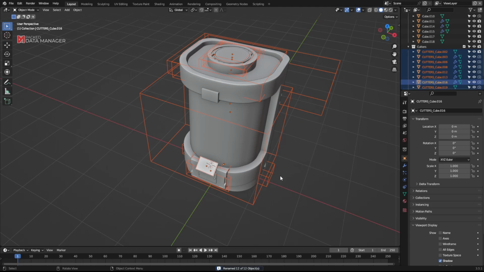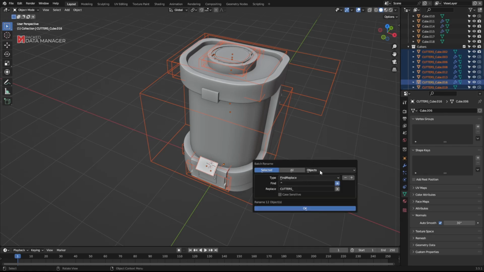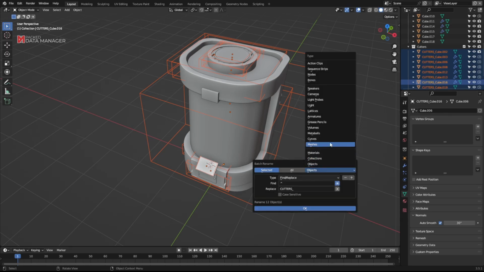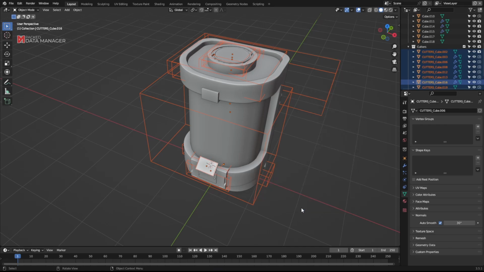Hit OK. And I would also like to have their meshes have the same name, the same prefix, cutters, attached to the front. So I'm going to hit Control F2 again, change the objects to meshes, and hit OK. Now this wasn't too bad, but it also wasn't effortless. Let me revert the file